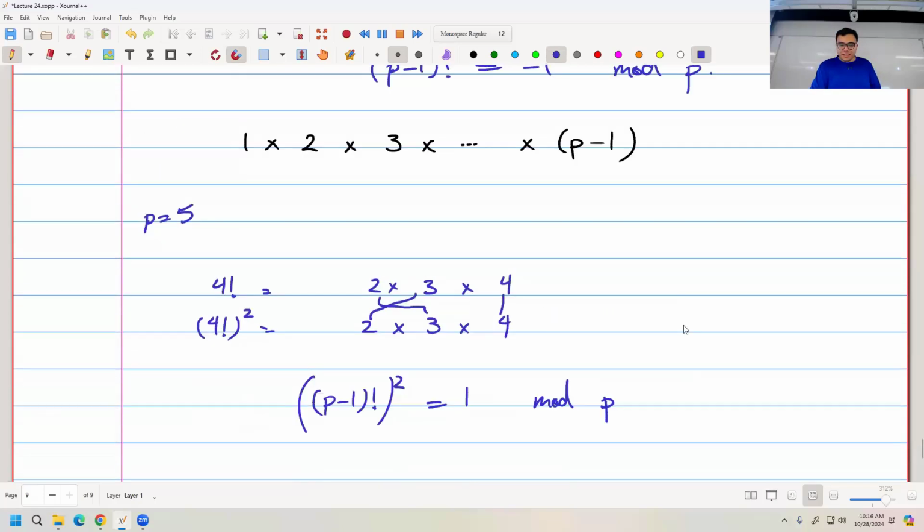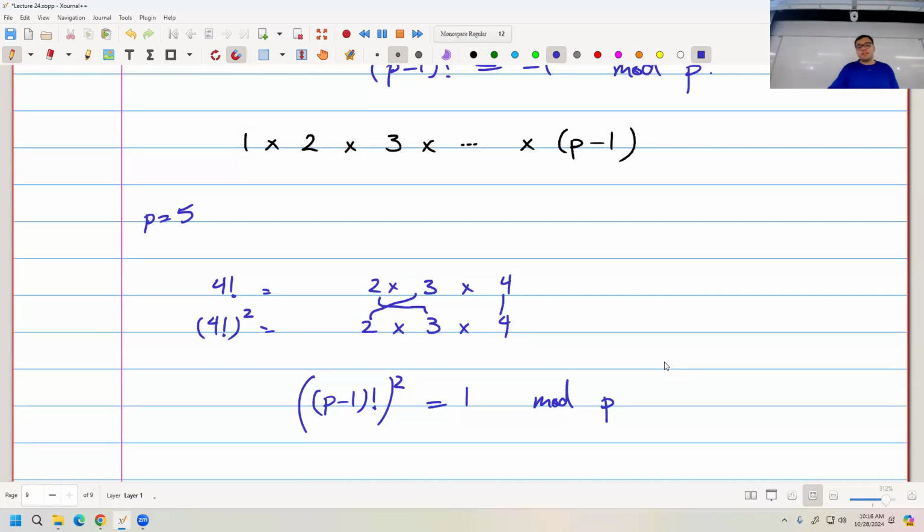We still have something remaining. So how would you prove that (p-1)! is actually -1? What is -1 modulo p? -1 is the same as p-1, right? So maybe what I want to prove is that (p-1)! is equal to p-1